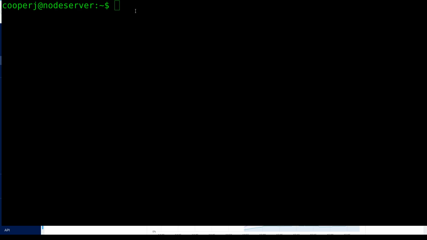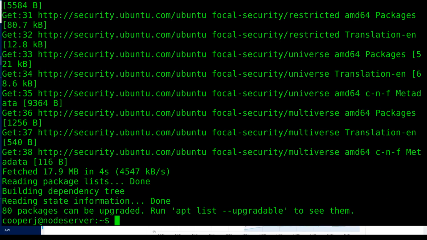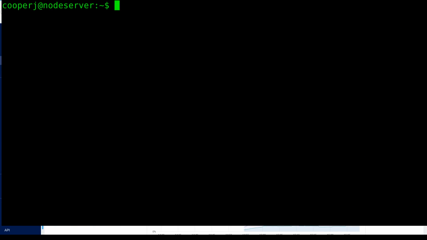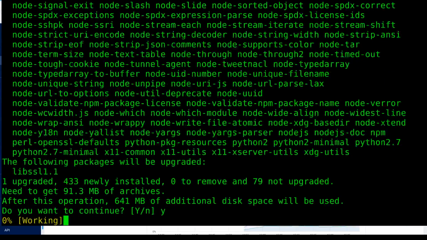Without further ado, we're going to go ahead and type in the command sudo apt update, and then we're going to type in our password, and then boom, it's going to update our packages. All right, now that our packages have been updated, we can go ahead and install Node. So what we're going to do is type in sudo apt install nodejs, and then we're going to install npm. All right, then once we get here, type in yes,